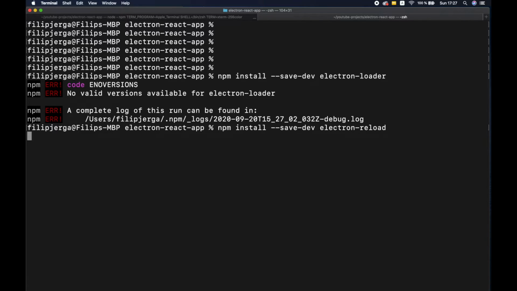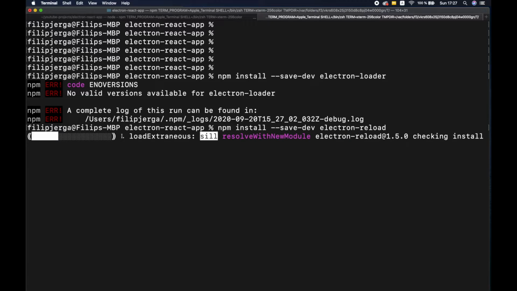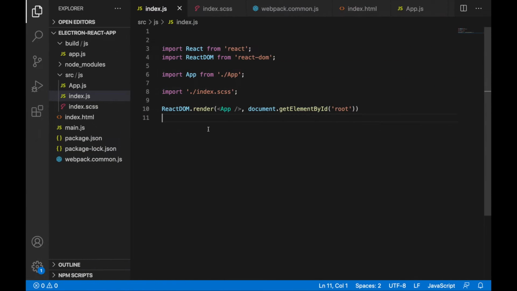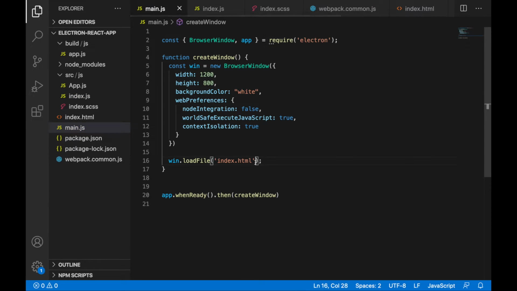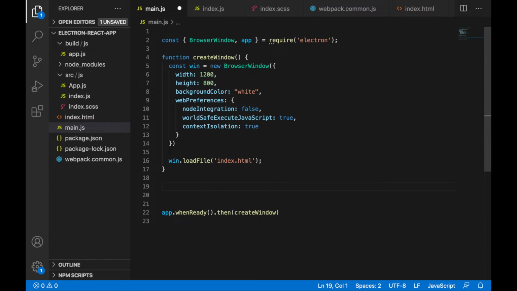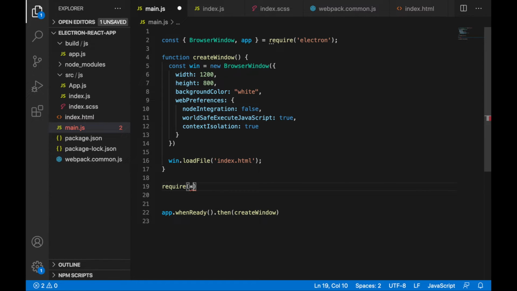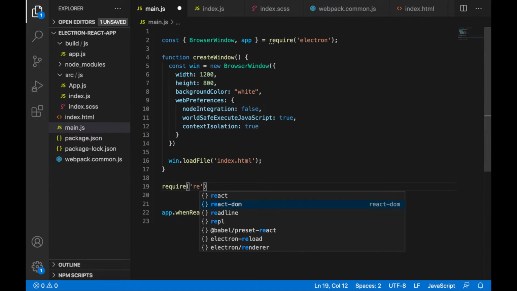Electron Reload, and this will install the correct package, and it will specify some code in our main.js file to reload our applications. All right, so back here, let's go to our main.js file. And here under our create window, I will specify here, let's get here our Electron Reload. So let's write here require Electron Reload,